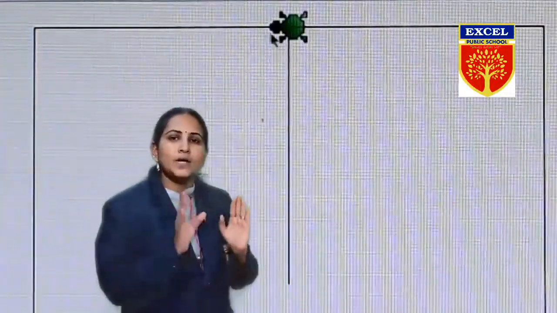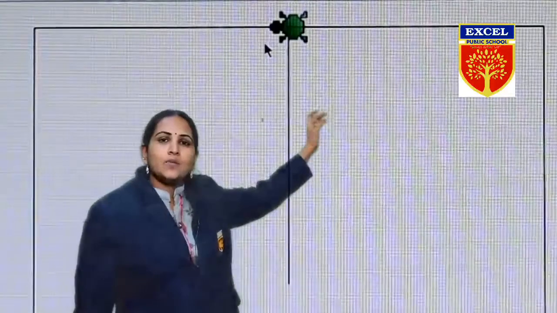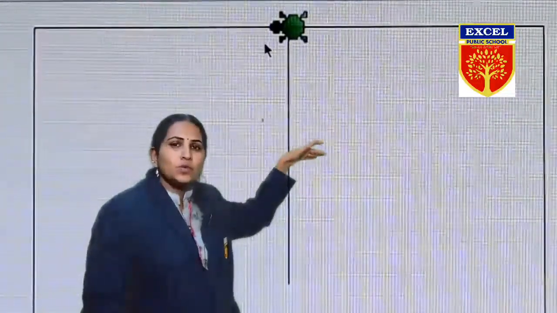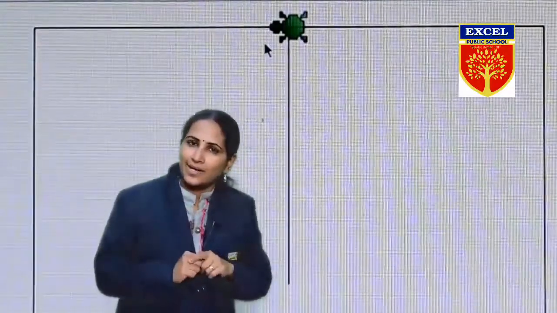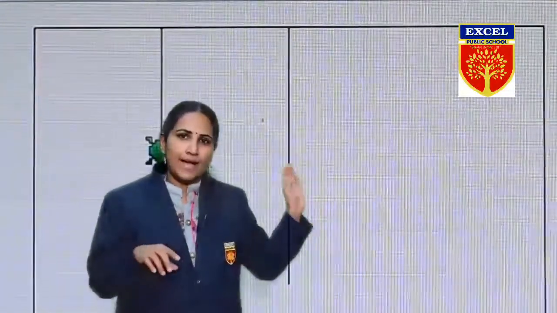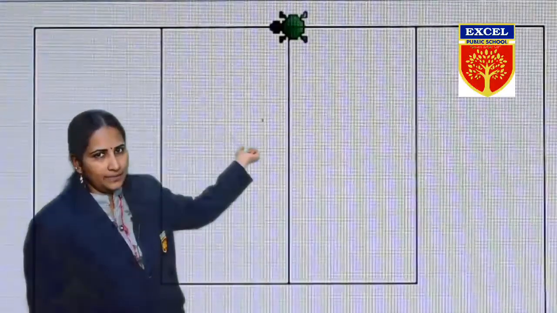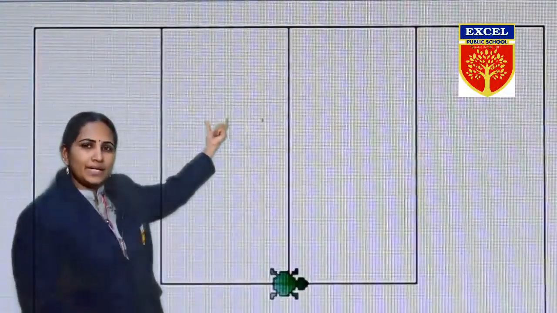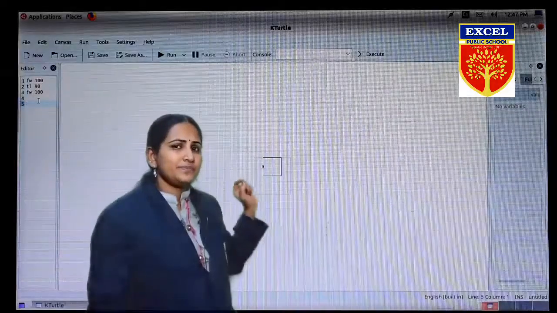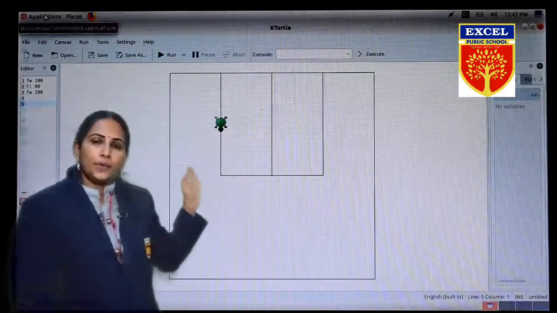Now the turtle has moved. Shall we run the program? Yes, I run the program and the turtle has turned. Can you see that the turtle has turned only? If you want to move this turtle, what do you have to give again? You have to give forward, or if you want to go back, you have to give backward. So I turned the turtle and I am giving forward again 100. Can you see? Again I am running, the turtle has moved 100. So this is what we call running the program.